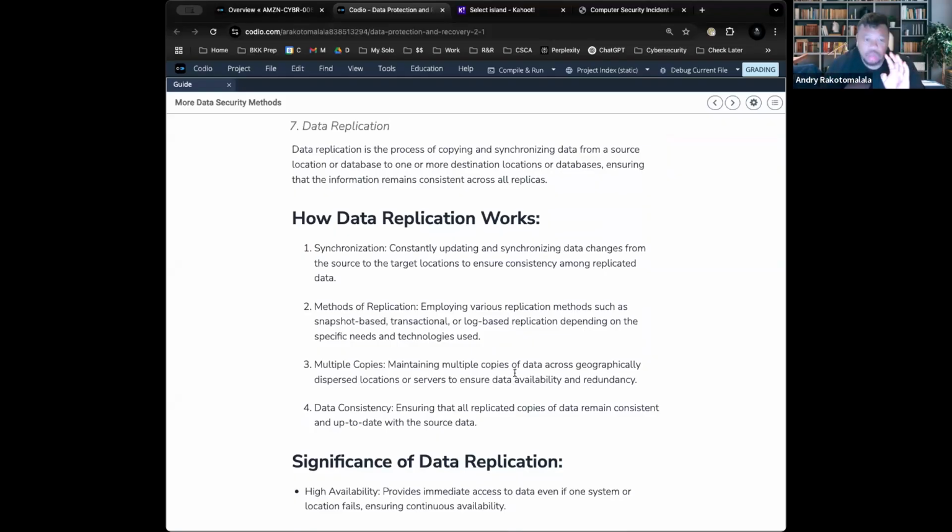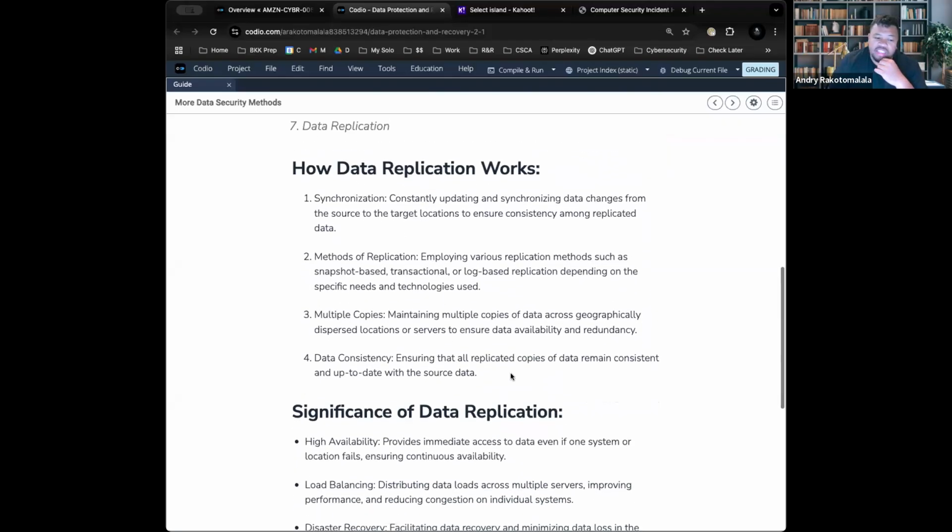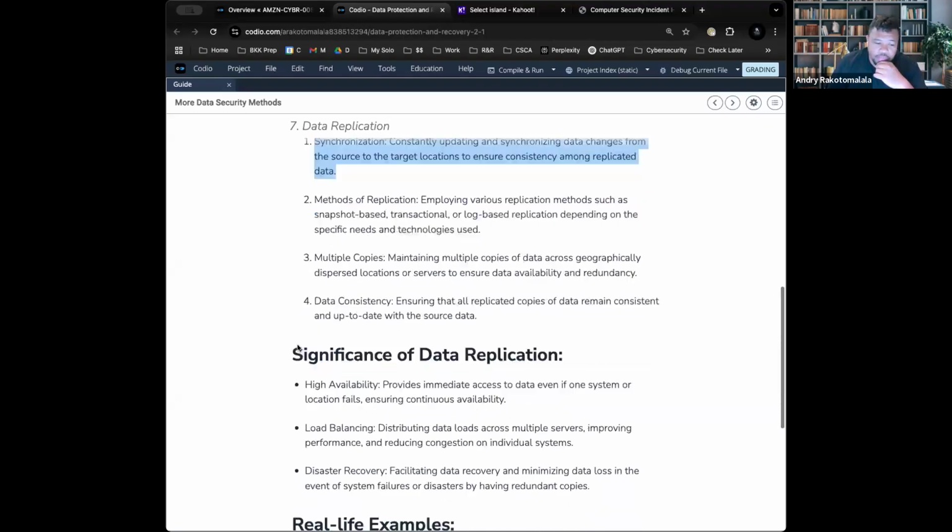As you can imagine, if you have something that's offsite and not connected to the internet, you can't back it up in real time. It has to be backed up on a monthly or quarterly basis. Okay. And then data consistency. This is again about the completeness and accuracy of the data. If you have an automated system that synchronizes your data properly, then it should remain consistent. But like we said before, this is something that you have to test.